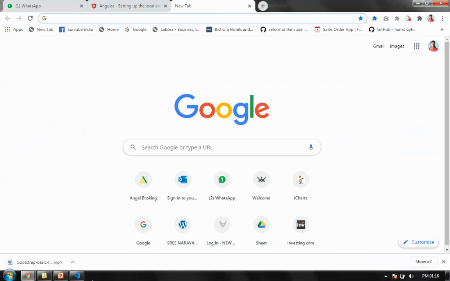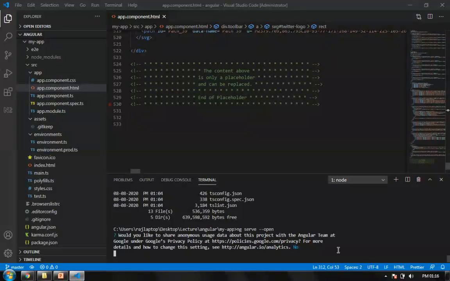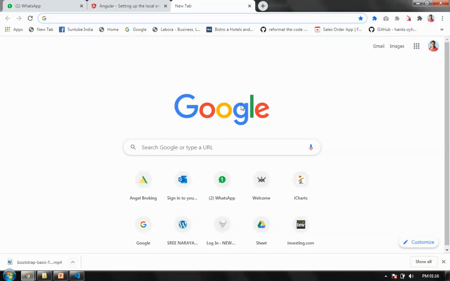Fine. Once your app is running here, see, the app is running here. It's doing something, Angular team and so on. No, fine. It is doing some setting. It is saying, would you like to share your information? I said, no, I don't want to share anything with Google. So I'm right now here, and I'm just waiting for this to be loaded.